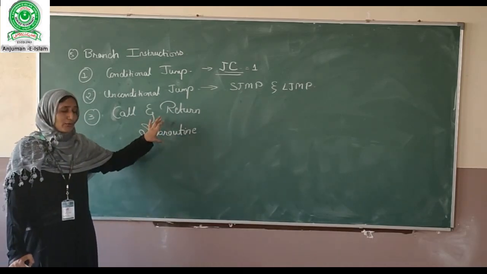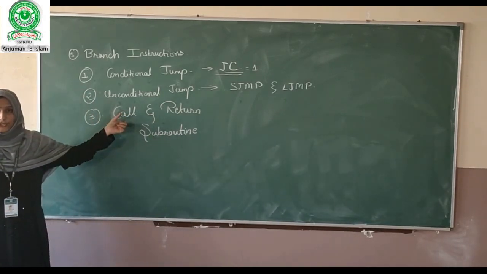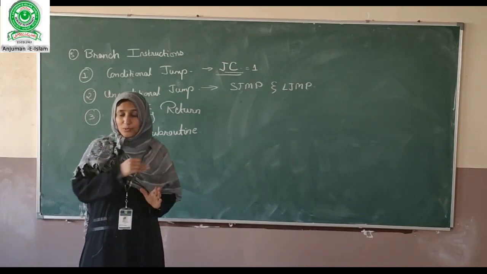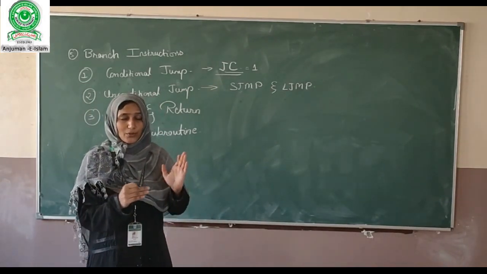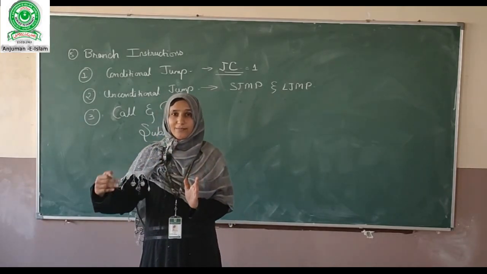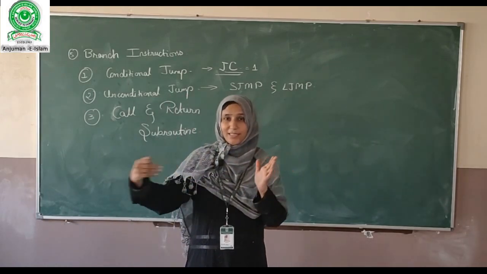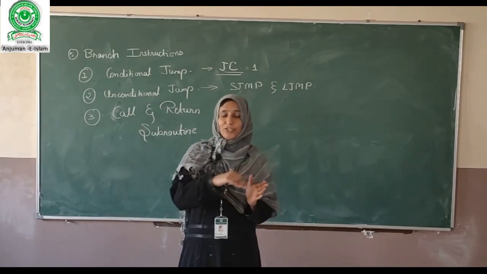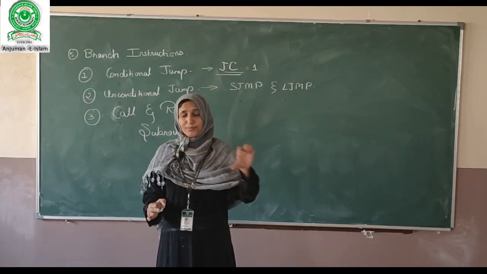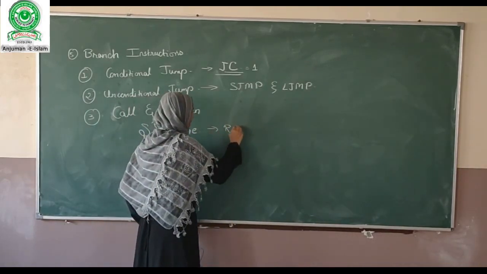To call this subroutine in the main program, you need to write the CALL instruction. Once the subroutine is executed, it comes to the end of the subroutine. Suppose you are writing 4 to 5 subroutines, all will be written consecutively, one after another. If you have written the first subroutine, then the next, then the next, there should be differentiation from the first subroutine to the next subroutine. To indicate that, you have to end the subroutine. To end that subroutine, you will write the instruction RET.